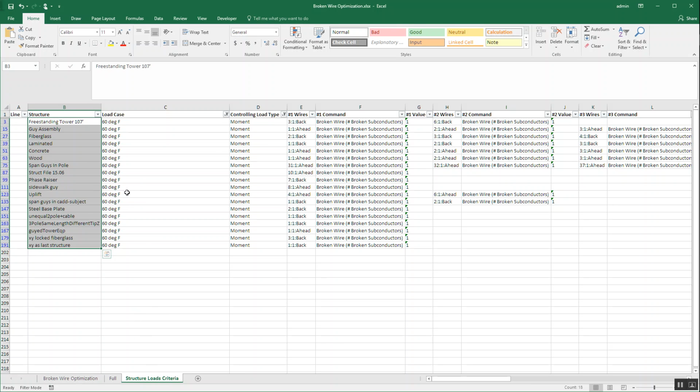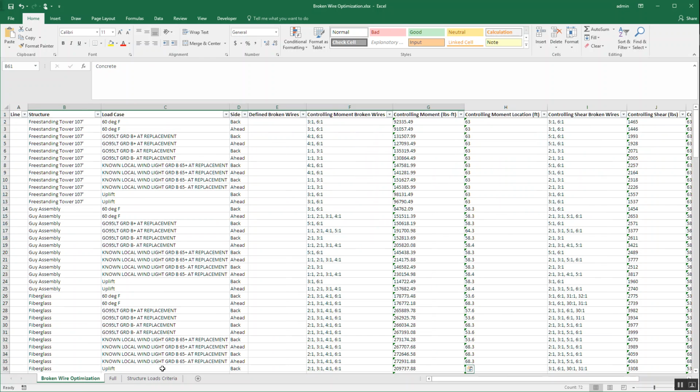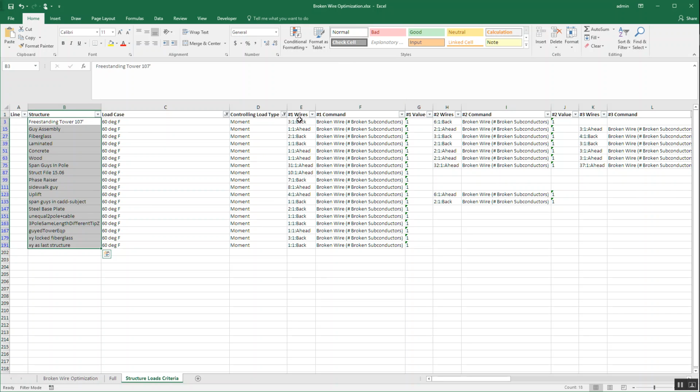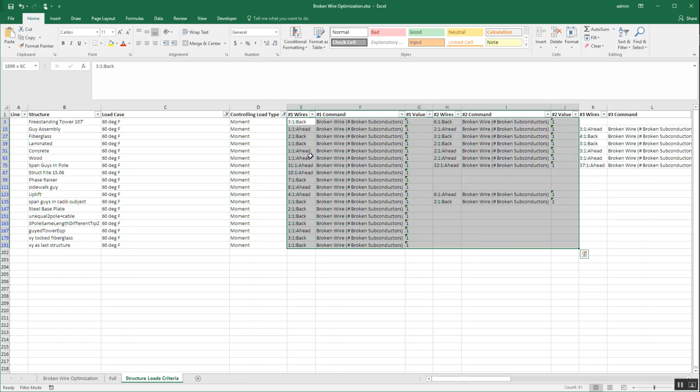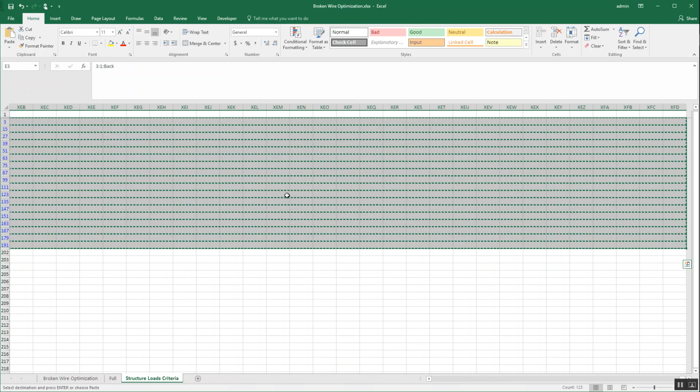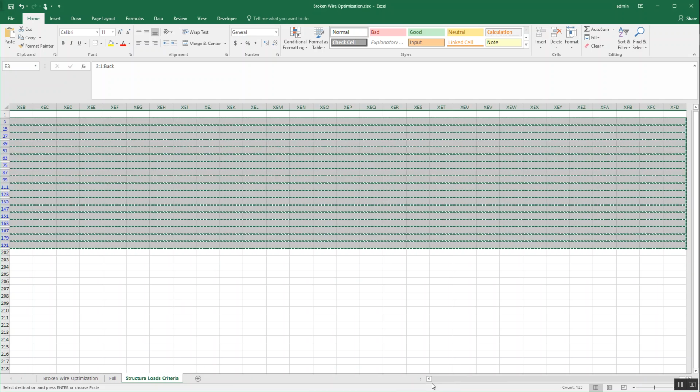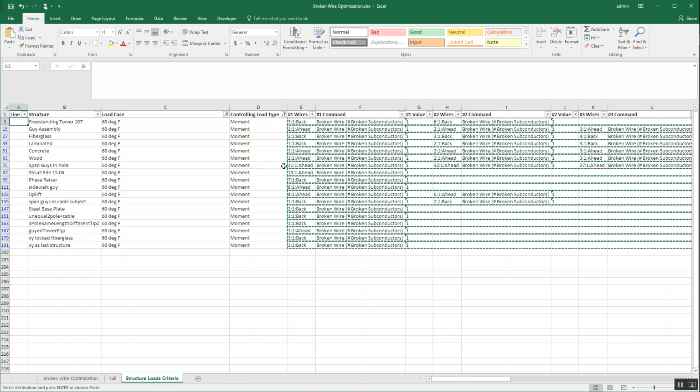Now this last worksheet is going to have all the same information as this first worksheet, but as I mentioned, it's going to format it in a way that makes it easier to work in PLS-CADD. If you notice, the column headers and the formatting here matches what you would find in your cable load adjustments. So what you can do is copy this information, starting from this number one wire, number one command, number one value,